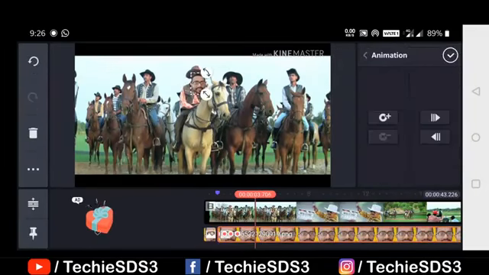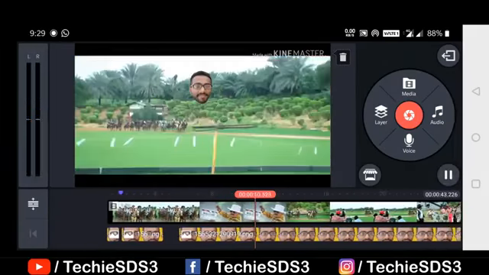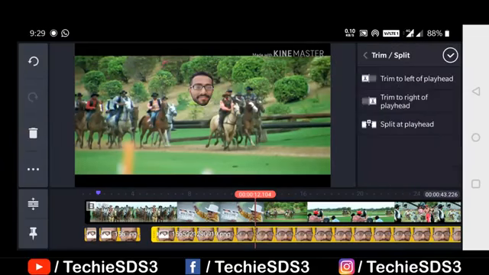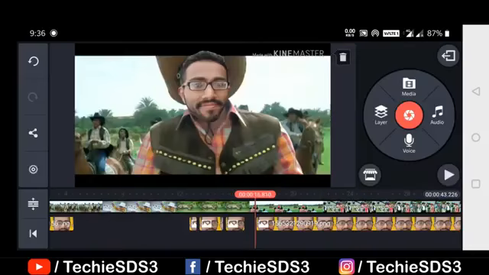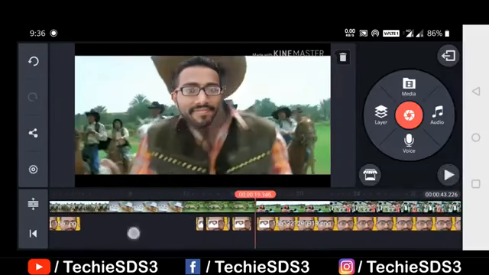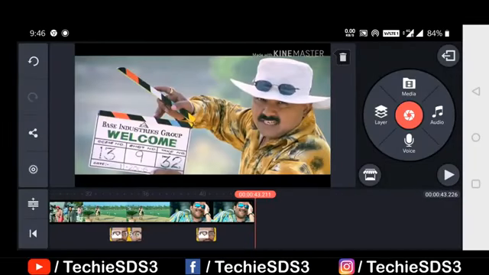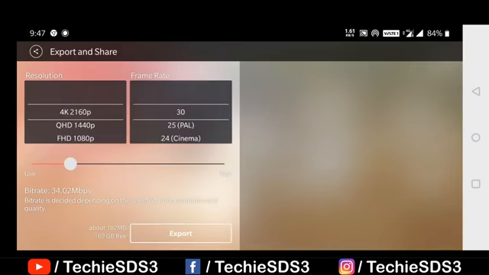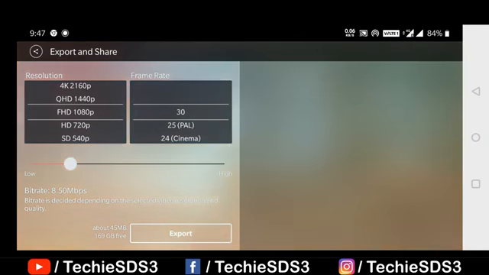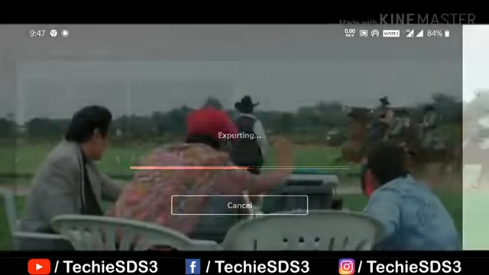So like this, guys, manage all the scenes here. Use the key button to adjust the animations, and you can trim out the unwanted scenes like this. Whenever Nana Patekar's face is not there in the scene, you can trim the image, second image. So like this you have to use KineMaster tool to adjust the face according to the background scene. And after doing all the work, click on the export button on the right top as you can see, guys. Click on it. Then here choose the quality of the video, frame rate, low, medium, high. Then click on export button. And that's how your final video will be exported. Now let me show you a part of the scene which I have edited.